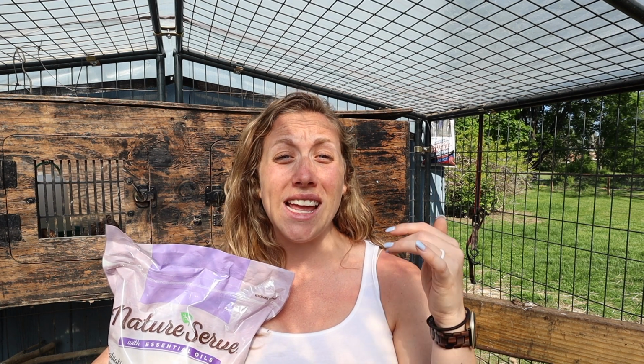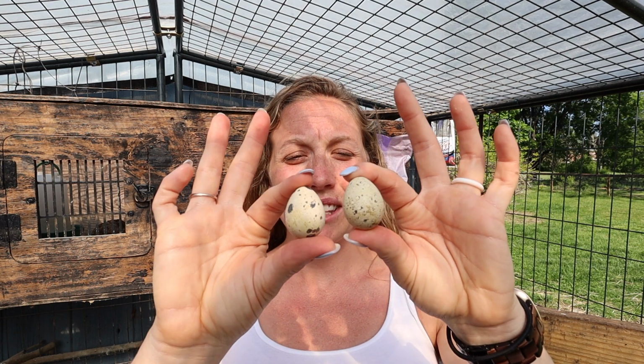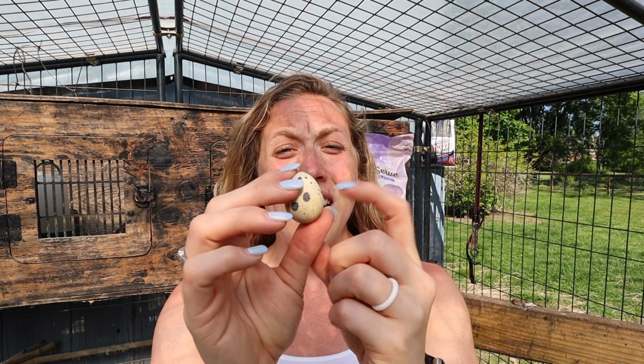Anything too high is going to be overkill of calcium. So really anything over 3% is going to be just too much calcium. So really stick between that 1.5 to 2.5 sweet spot, and check on your eggs and see what your quail actually need. So here are some of our quail eggs, and you can see that they have pretty